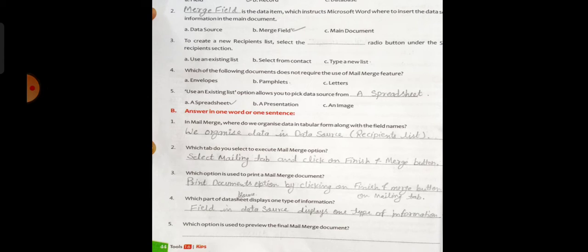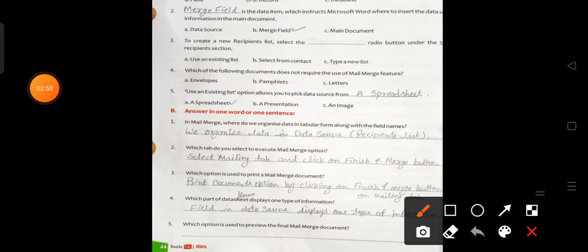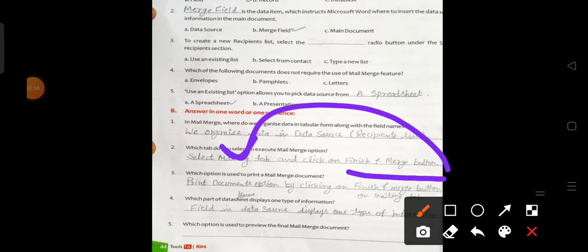In the data source we create the recipient list. And second, which tab do you select to execute the mail merge option? So we select the Mailings tab. Mailings is the main tab that we use for creating mail merge, and to execute mail merge we click on the Finish and Merge button. This button is present on the Mailings tab.